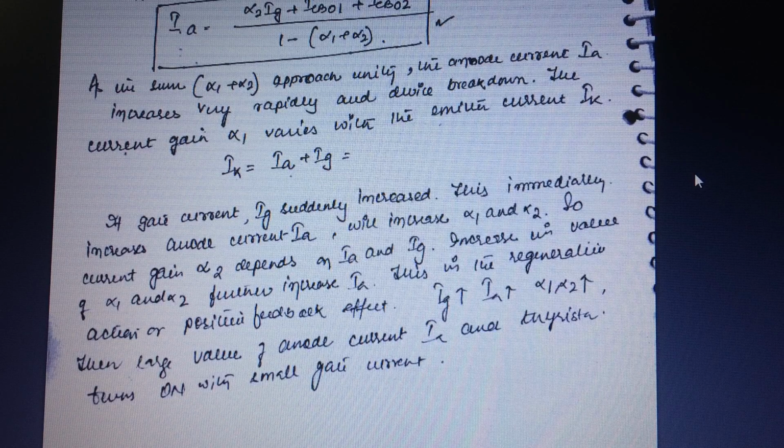This is the main working of thyristor, that is how we can turn on the thyristor. First the thyristor remains in the blocking state, which we all know. To initiate conduction, we need to increase the anode current, that is, we need a breakdown voltage, a sudden increase in the anode cathode voltage. That is one of the reasons for conducting the thyristor from the blocking state. So this is all about the two transistor model of thyristor. It is a very important derivation, so kindly practice this.